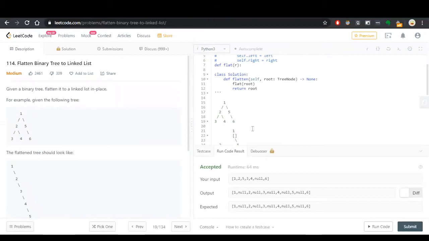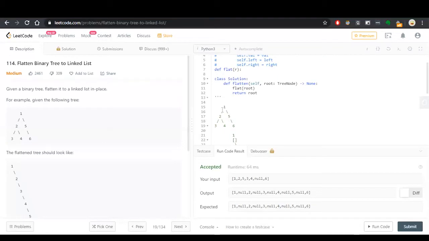Let me tell you the approach you should follow. As you can see, we are traversing the left subtree first and going until it has reached null, right? We have reached null at this point, 3, and then we are traversing back and appending the 3 to the right of the head node, and appending the current right to the right of this 3, right? And obviously making the left of the head node null. So let me make it clear by writing the function itself.